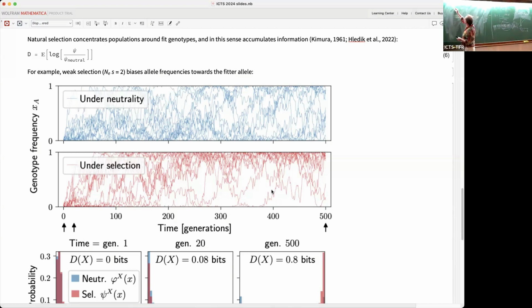And Kimura's measure was basically the log to the base 2, if we wanted it in bits, of 1 over the initial frequency. And the logic was that if the population was evolving neutrally, this allele would fix with a probability p0. So an allele's there, it would have some slight chance of fixing. That probability is p0. If it's given a strong selective advantage, it's certain to be fixed. So this is just the log of the ratio between the chance it's fixed with selection versus the chance that